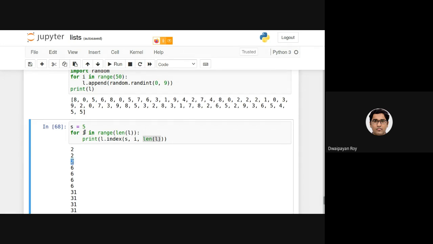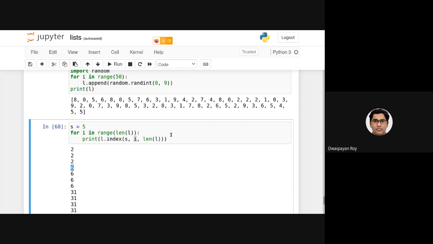Next time i has become 3. So the index checking is starting from 3 to 49. The first location is 6 here: 0, 1, 2, 3, 4, 5, 6. So that's why 6, and so on.